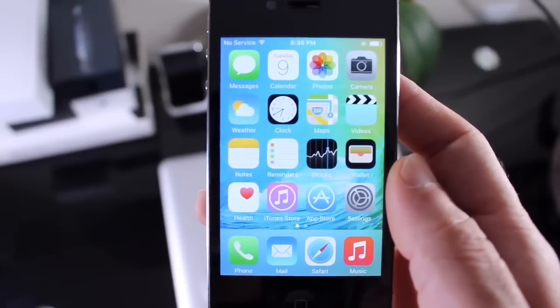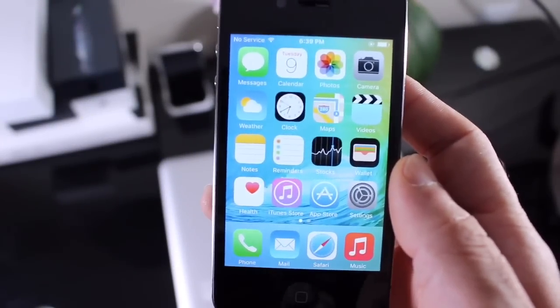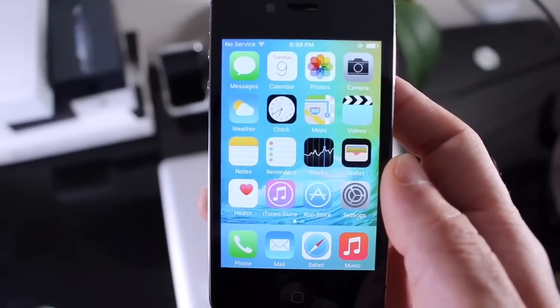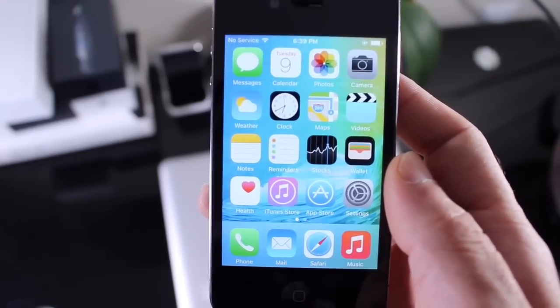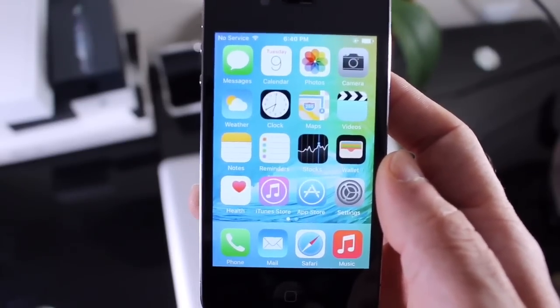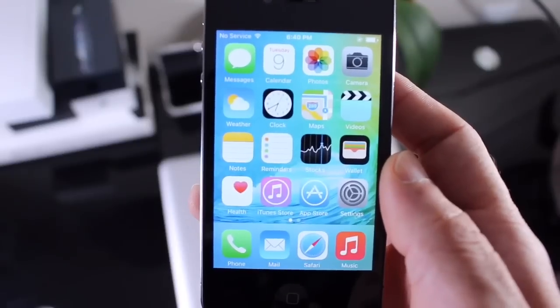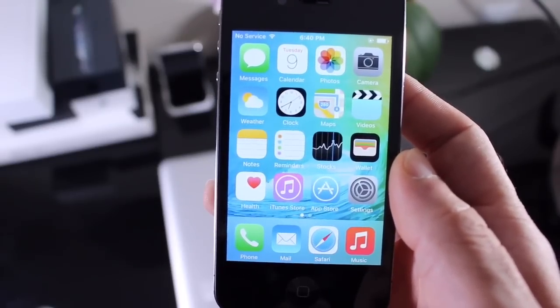Today in this video I'm going to be sharing with you guys iOS 9 Beta 1 on the iPhone 4S. Apple introduced iOS 9 at WWDC and surprisingly it supports all iPhones from iPhone 4S on up and also all iPads from iPad 2 on up, and it's actually performing very well. Now this is iOS 9 and Beta 1, so keep that in mind. Let's go ahead and give you guys a quick walkthrough and see the performance of the new operating system on